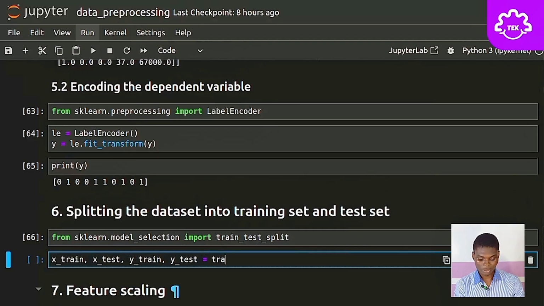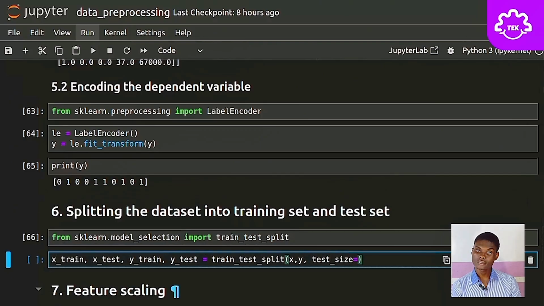So what we are going to be calling is the train test split, an instance of the object. To do that, we need to assign some values into this. So we are going to call the x value, the y value, then the test size,